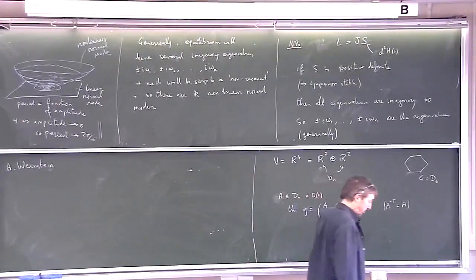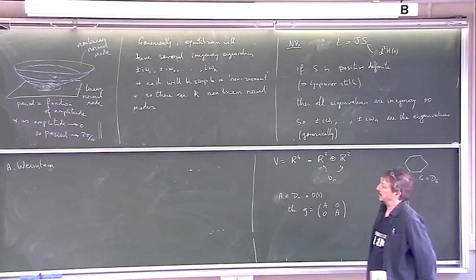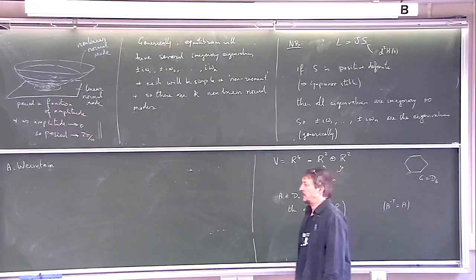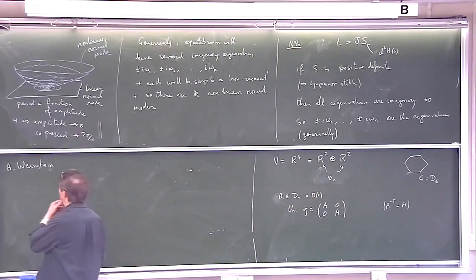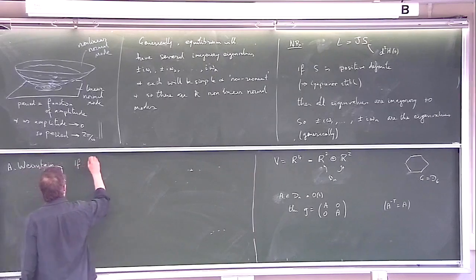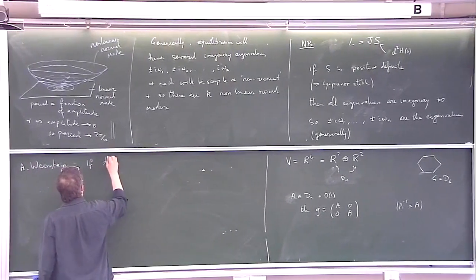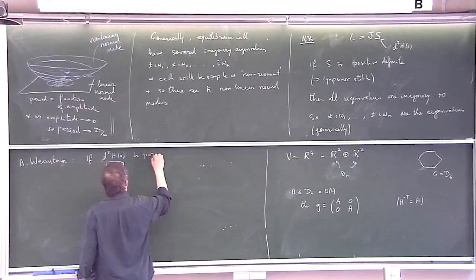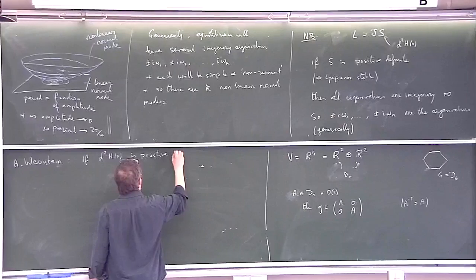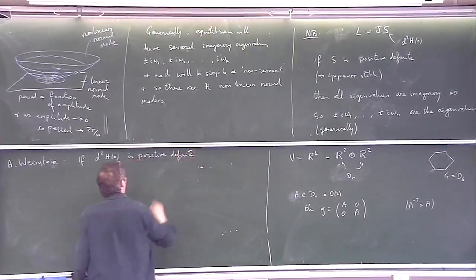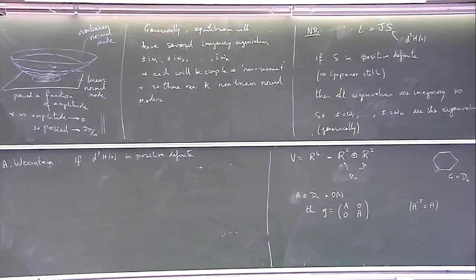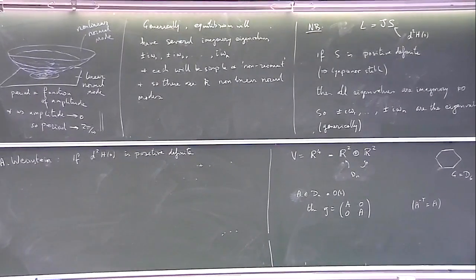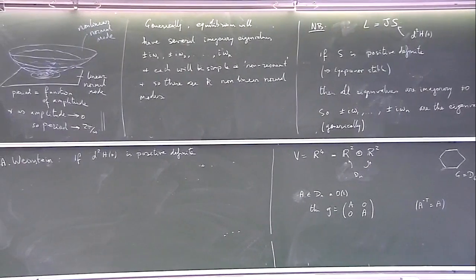Nowadays he does Poisson geometry and category theory, but then this was quite hard analysis, a mixture of topology and analysis. So he proved that if this quadratic form, this Hessian, or S, is positive definite,